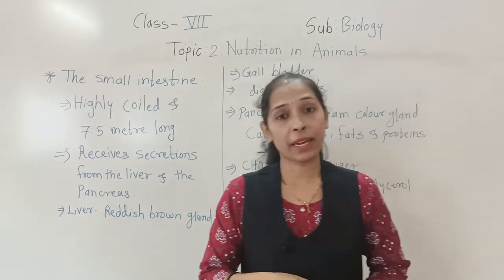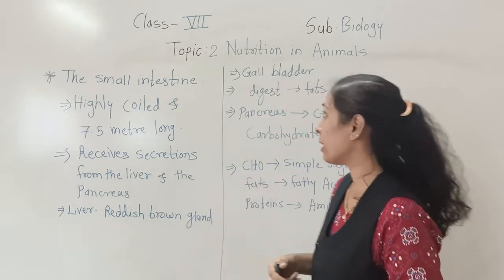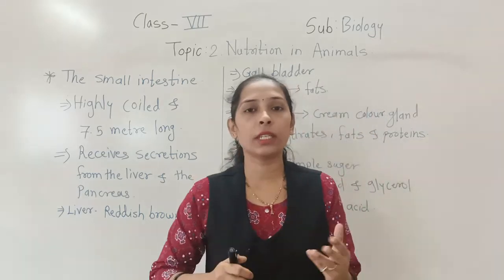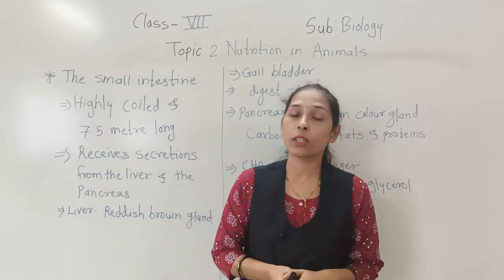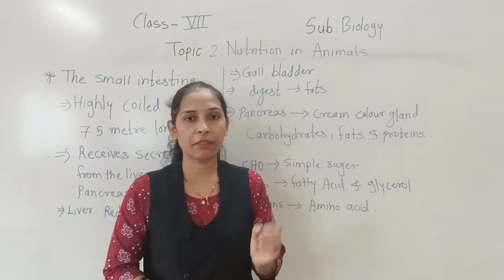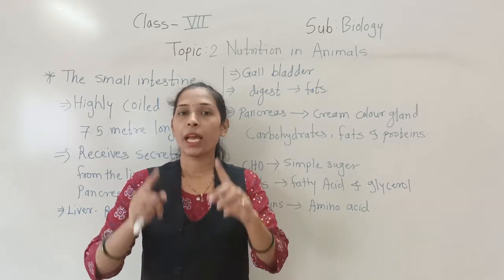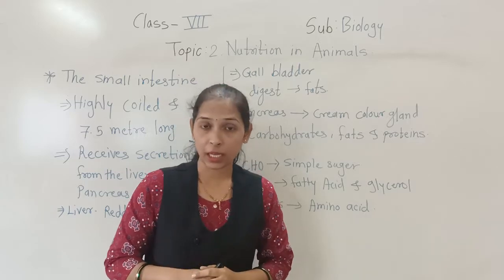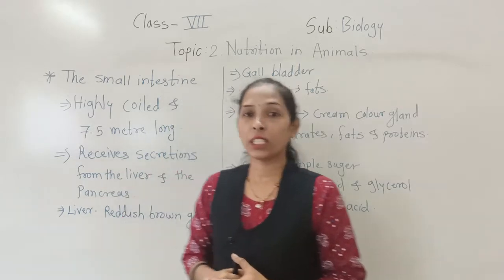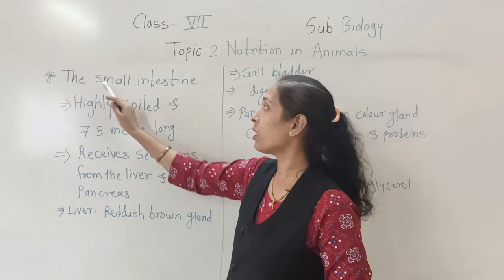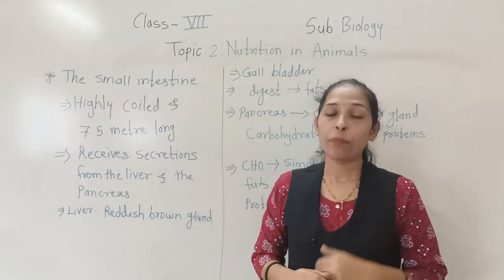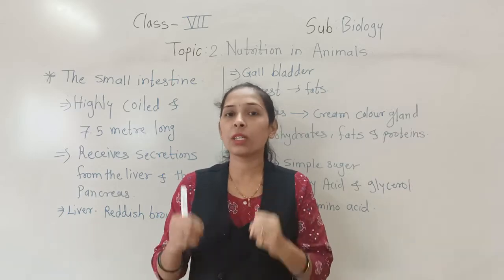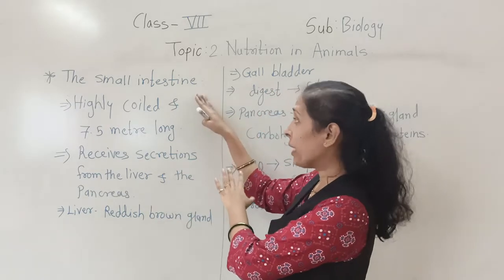So as we know, in our biology session we are discussing the lesson on nutrition in animals. In this lesson we have already discussed some digestive organs: the buccal cavity, esophagus, stomach, and now today we will move to the next part of the alimentary canal, or the digestive system, that is nothing but what? The small intestine. Okay, so as we know, after the stomach the partially digested food comes into the small intestine,